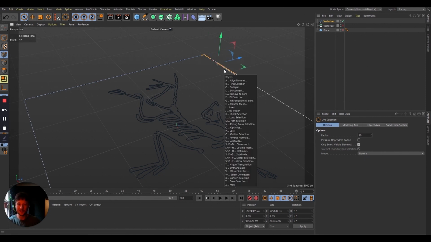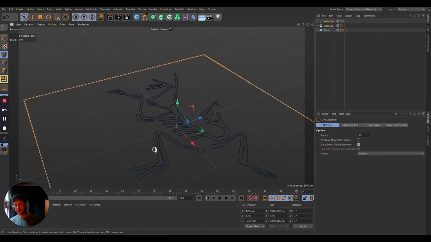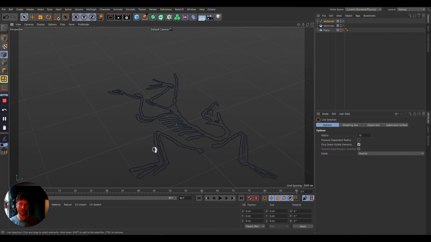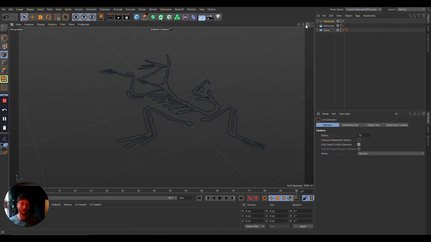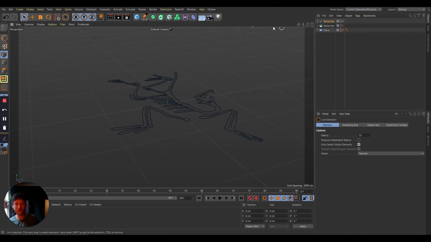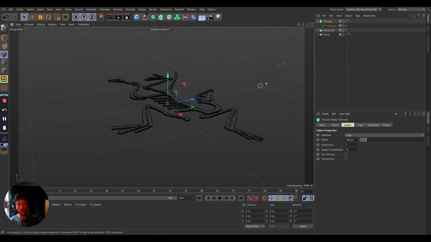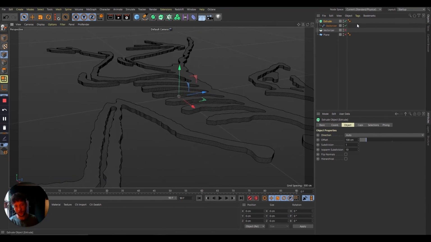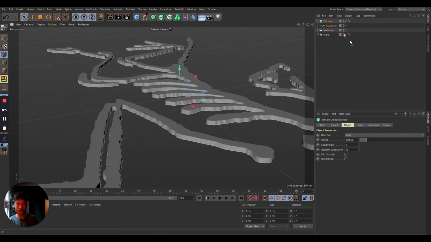U and then W, and that selects all of the attached points. And that can go, you can just delete them. Now we have just the logo on its own. So what we do next is, if we hold Alt and click on Extrude, we'll get this nice raised, extruded